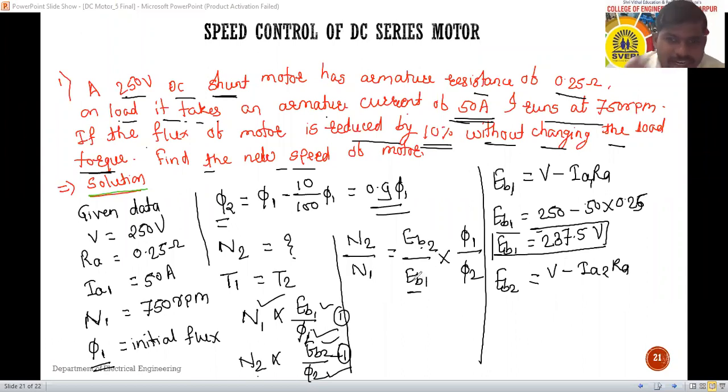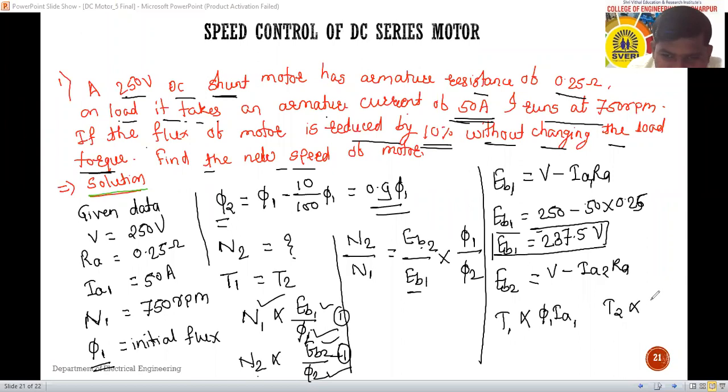हॅलो, म्हणजे सेकंड कंडिशनचा ज्या वेळेस फ्लक्स 10% ने रिड्यूस केलेला आहे त्यावेळेसचा करंट आहे का आपल्याकडे? No, sir. So first of all, we want to calculate the current. Okay. So see, in case of a shunt motor, do you know that torque T is directly proportional to phi into Ia? The equation माहिती आहे ना? Torque T, it is equals to phi into Ia. So initial torque T1, we can write T1 is equals to phi 1 into Ia1.